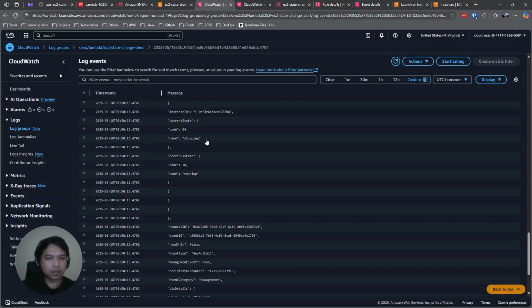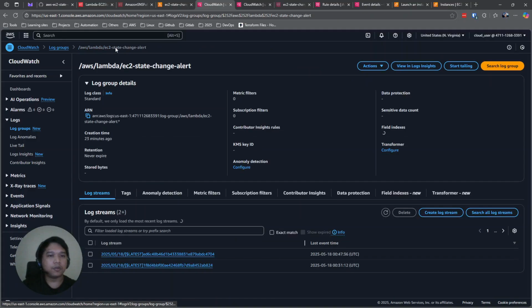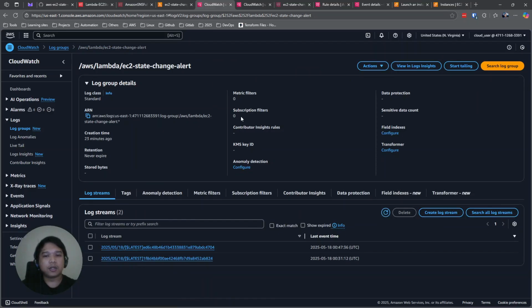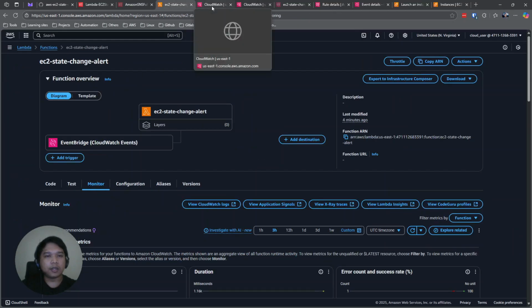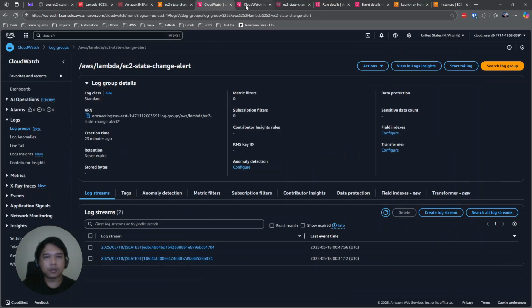But I think you get the point. If ever we implemented this and did not receive an email, this is one of our sources of truth to check what errors or issues were encountered. So we'll need to check the logs.